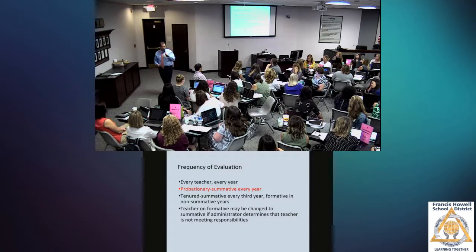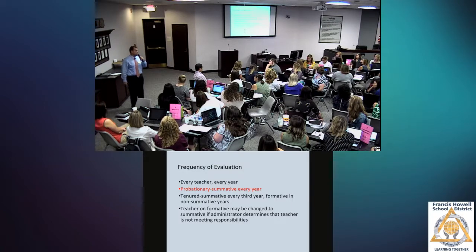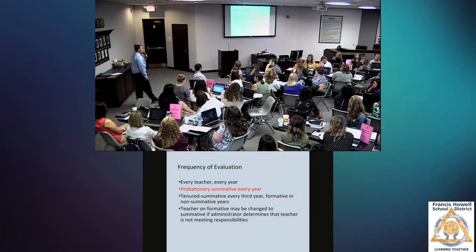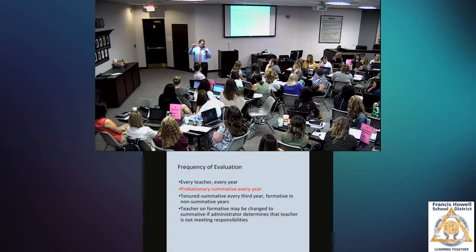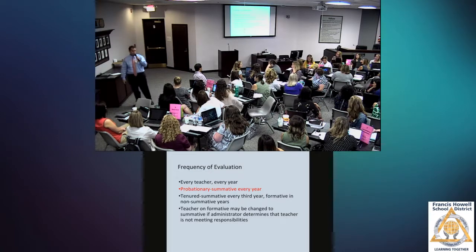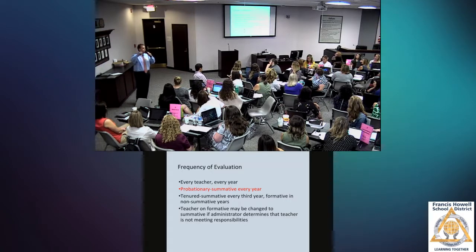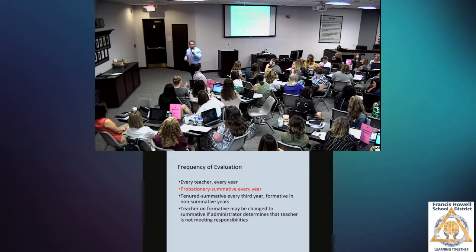If you're a probationary, non-tenured teacher in year 1, and we just made some changes, so this will be new for your buildings, you'll be evaluated a minimum of 6 times. In years 2 through 5, you'll be evaluated a minimum of 5 times. When you become a tenured teacher in this district, your principals will put you on the cycle of formative or summative. When you reach that formative year, you might only be evaluated 2 times in a year. When you're a tenured teacher on that summative cycle, you'll be evaluated 4 times.